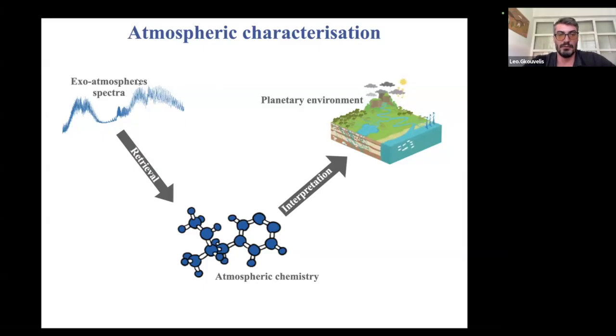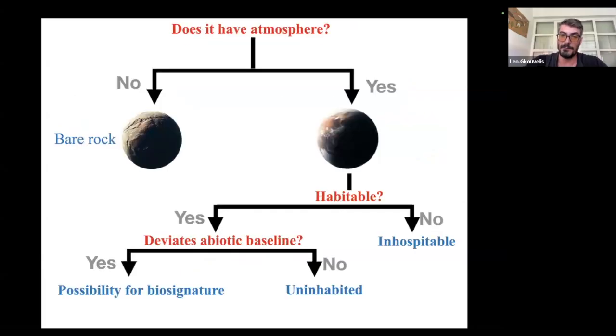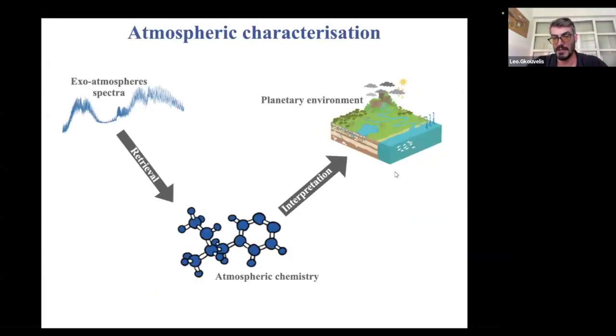What we basically want to do is, once we take the observations, in that cartoon here, a spectrum, for example, we apply a methodology which is called atmospheric retrieval, which is based on Bayesian inference techniques or machine learning techniques, which the community has adapted from cosmologists or even from medical imaging, for example. And from them, we can infer the atmospheric composition, the thermal structure, and other physical properties of the planet. And then with this, we can make the interpretation about the climate, the formation history, etc.